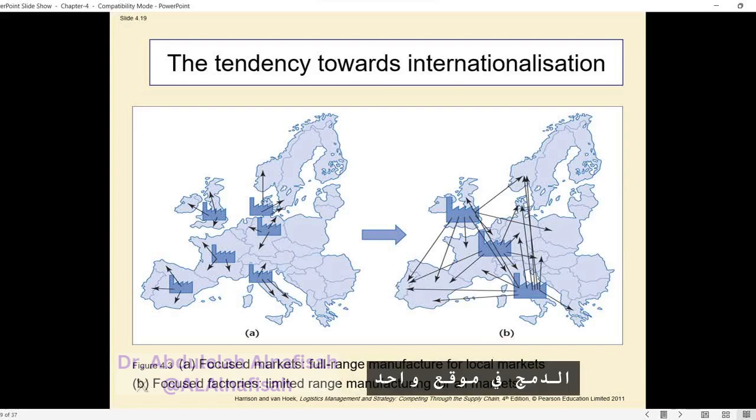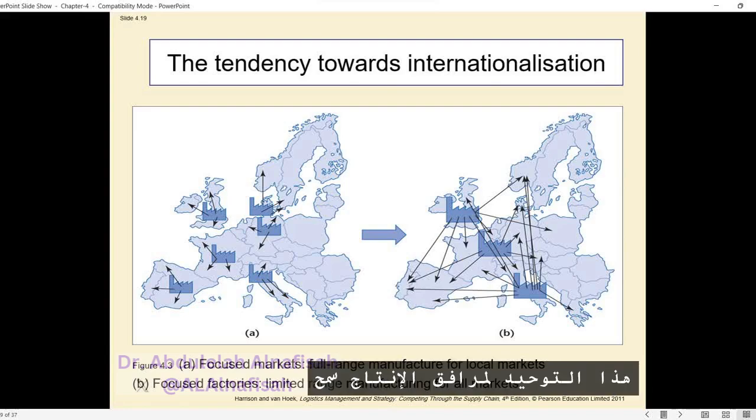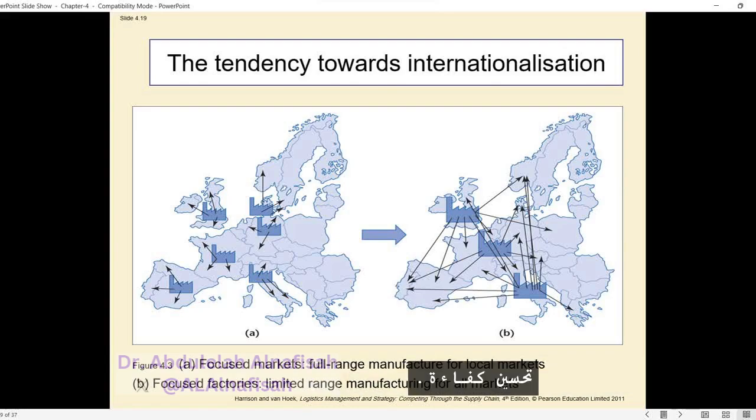2. Consolidation at a single site. Over time, the factories in each country may have been consolidated into a single site. This single site would then be responsible for producing all the products for the entire country. This consolidation of production facilities allowed for economies of scale and potentially improved efficiency.